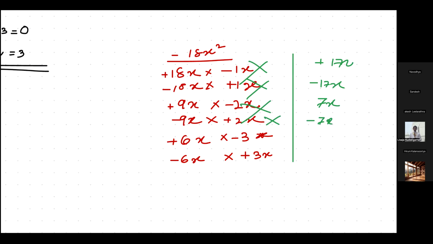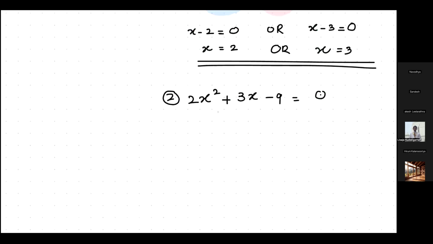Plus 6x minus 3x means plus 3x. Minus 6x plus 3x means minus 3x. Now, the middle term must make a plus 3x. That means,